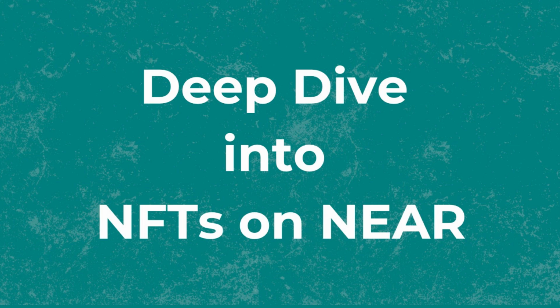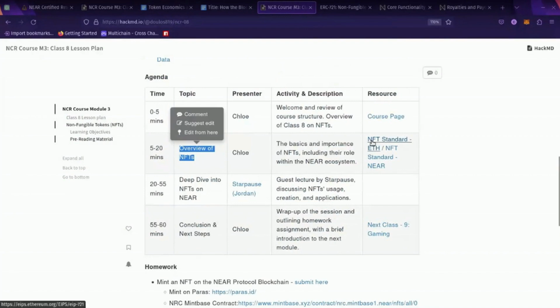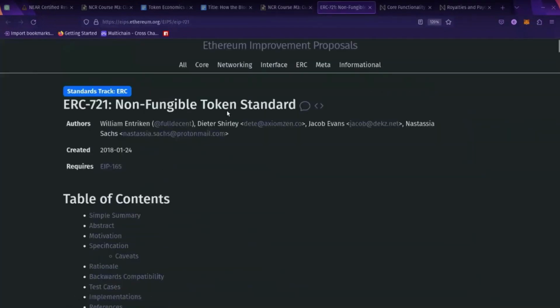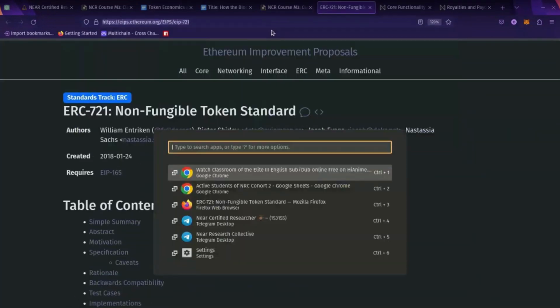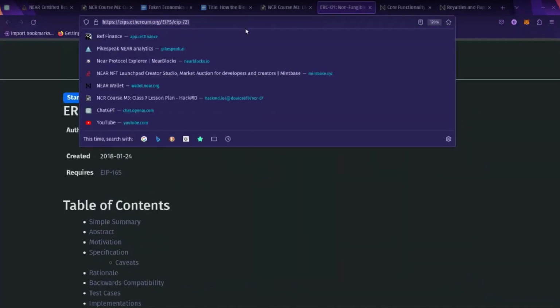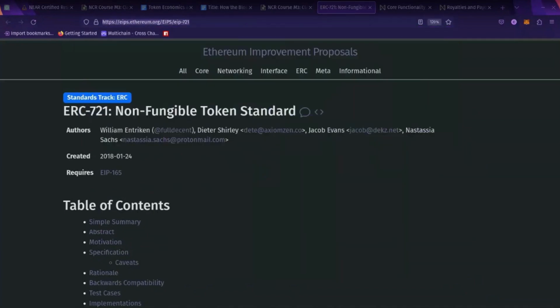So I'm going to give a quick overview of where NFTs came from on Ethereum, how things have changed when the Near blockchain came out and the NFT standard was being created on Near, and then we're going to move into a bit of a deeper dive. For those who are less technical, you might have never read an EIP, you might have also